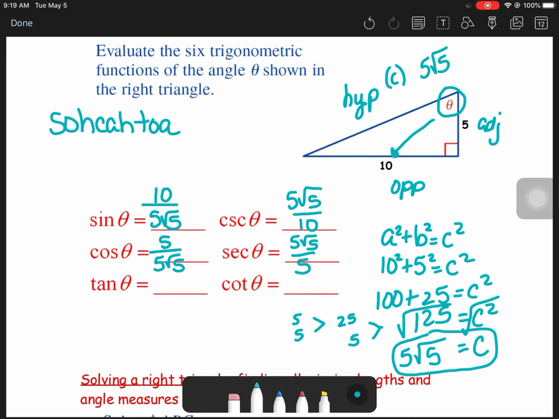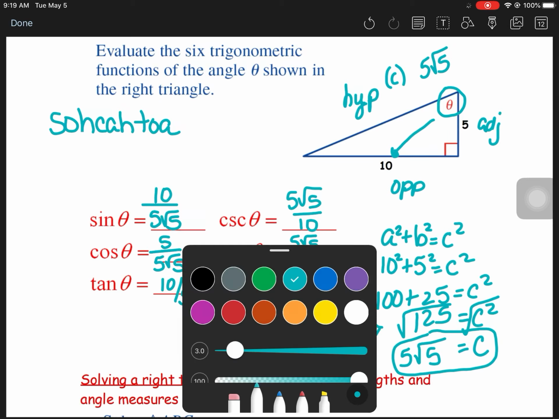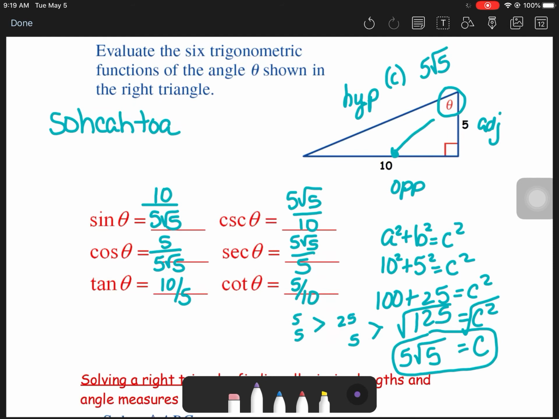Tangent is going to be opposite over adjacent, so 10 over 5. And the reciprocal is 5 over 10. Now we should go back and we should reduce. So 10 over 5 simplifies to be 2, and 5 over 10 simplifies to be 1/2. On the secant, the 5's will simplify, so you simply have the square root of 5. And on the cosecant, we can divide both of these by 5, so it's going to be the square root